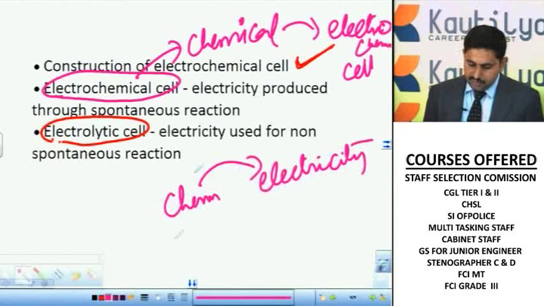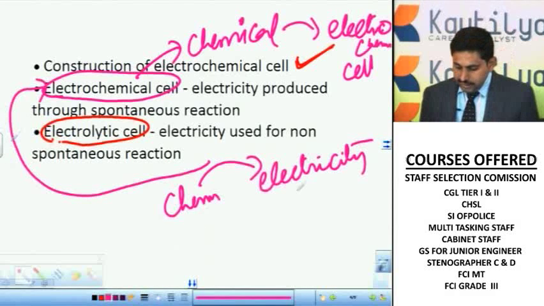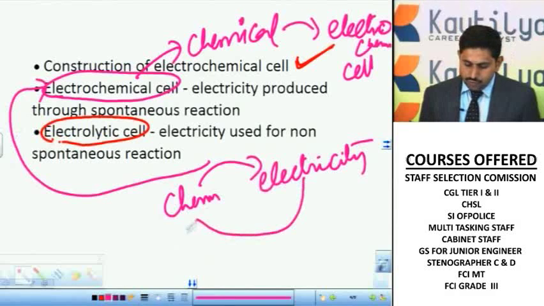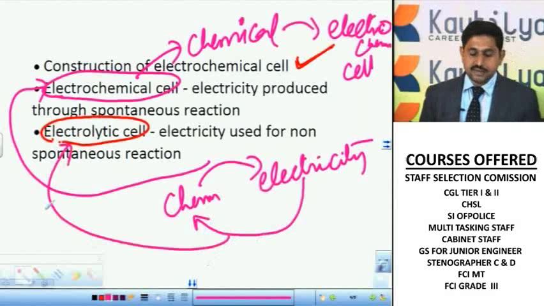This type of cell, where you are using the chemical energy, that means the chemicals, to produce electricity, is called an electrochemical cell, right? And electrical energy is useful for the process of chemical reaction. That is, we are using electricity for our chemical reaction. This process of utilizing electrical energy to convert it into chemical energy is considered an electrolytic cell. There is a difference between the electrolytic cell and the chemical cell,